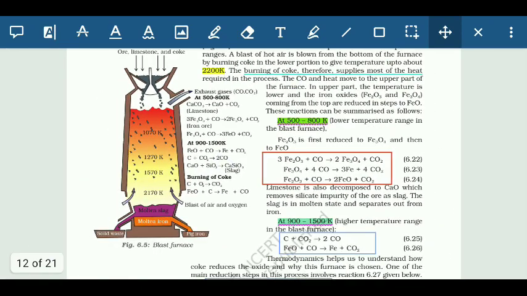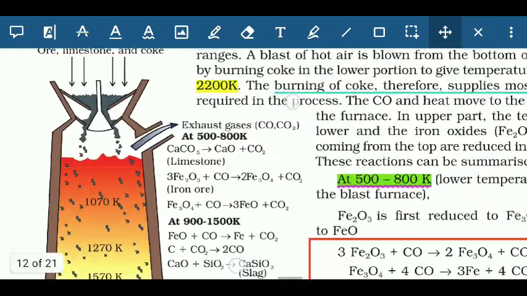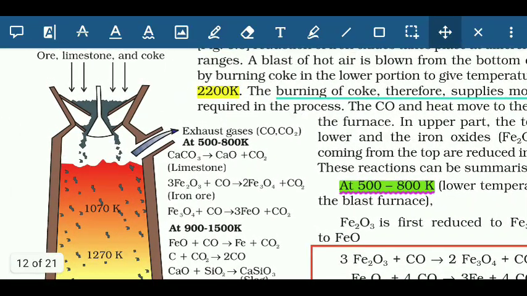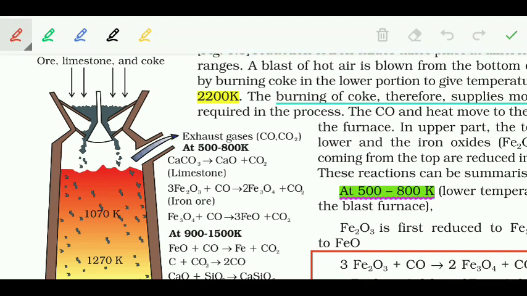You can see here the diagram of a blast furnace, and we add ore, coke and limestone from the above portion. As you clearly see over here, in the above portion where the cup and cone arrangement is there, this portion, the blue portion, is like a cup, while the other portion shown in red here is a cone. Actually it is an inverted cone. So overall this is known as a cup and cone arrangement. It is settled above the blast furnace.